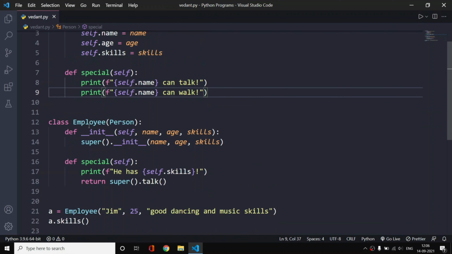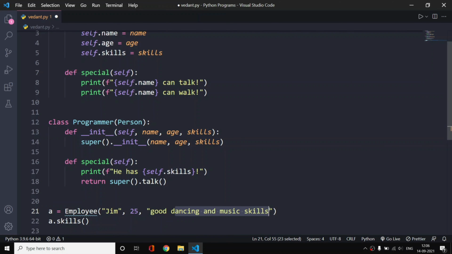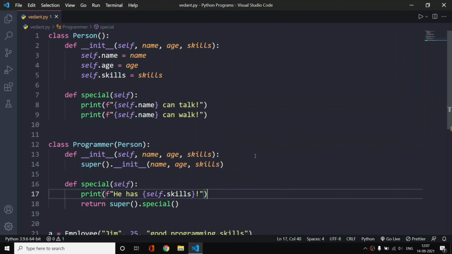Now if there is an employee or a programmer, let's say there is a programmer, here he has good programming skills, and he can also talk, he can also walk and all. Now I am explaining this again because there is a lot of mess which I made.